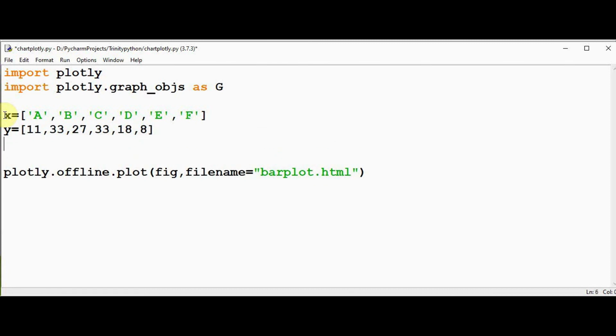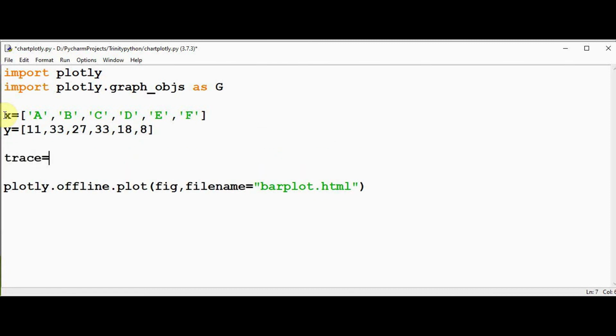Now in order to create the trace, we have trace equal to g.Pie. It takes two arguments instead of x and y. Here we call it as labels. Labels are going to be the grade. Labels equal to x and values equal to the corresponding values are stored in y. Okay.